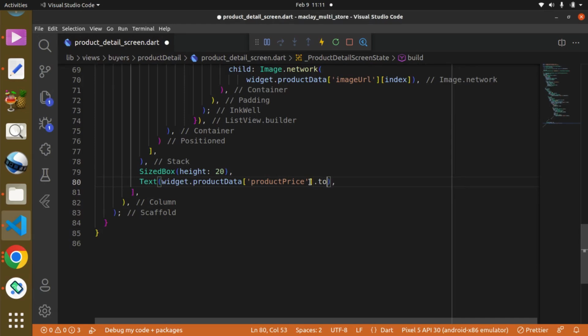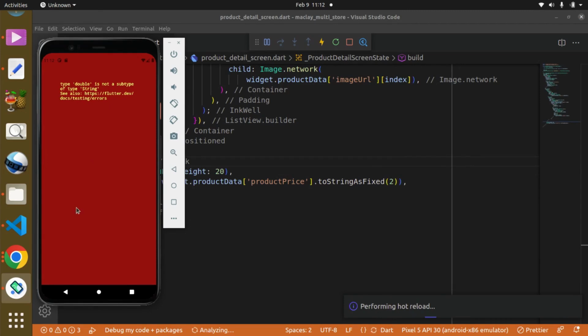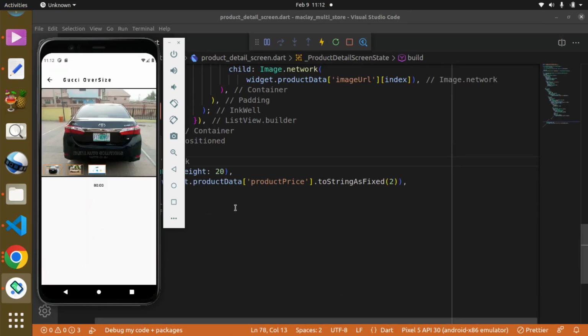So to string, we can first of all say to string, then as fixed. Then we can say we need two zeros, and this should sort out that issue. It should be back now, and wait for this. Okay, from a hot reload. Okay, we got it over there,